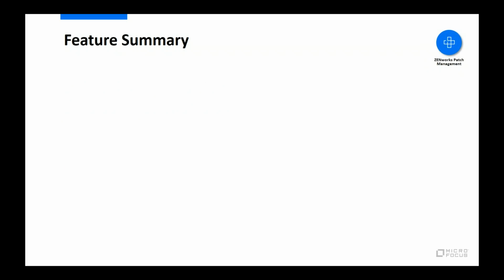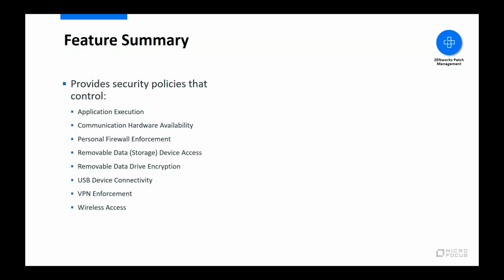To summarize what we've seen over the last several minutes, ZENworks Endpoint Security Management provides security policies that control execution of applications and file types, availability of communication hardware such as Bluetooth, parallel and serial ports, and wired and wireless network adapters, enforcement and configuration of a personal firewall, access to removable storage devices such as DVDs and USB data drives,